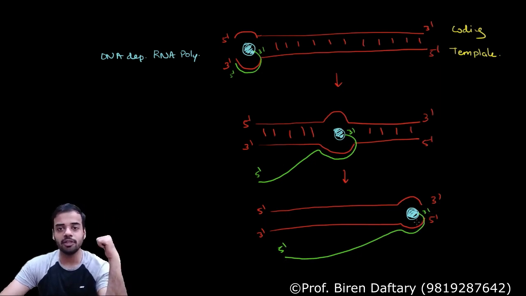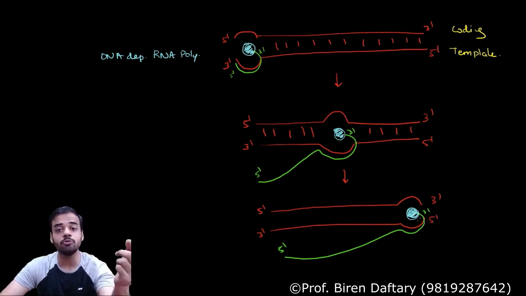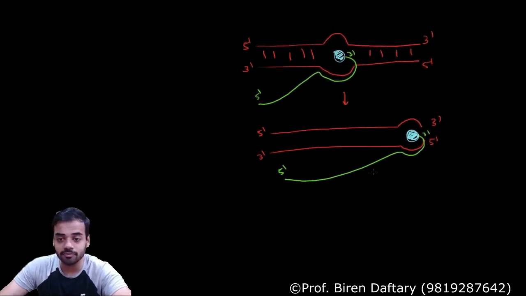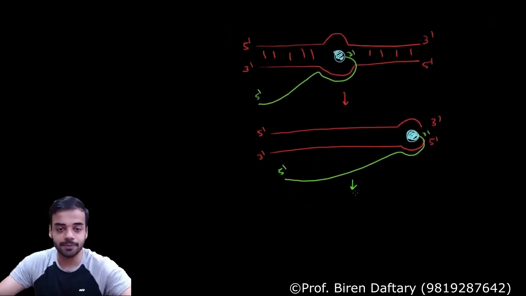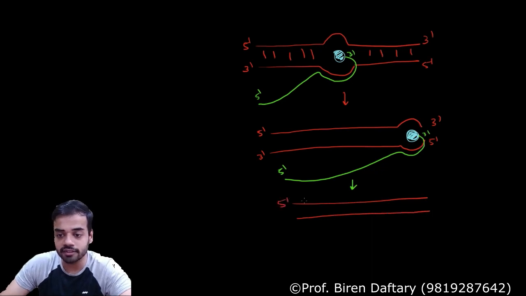As soon as the RNA polymerase reaches over here, the rho factor attaches over here, and what the rho factor does is it removes the RNA polymerase. So the next diagram will be something like this, that now your double stranded DNA is back to normal. So this is again your coding strand, complementary bound to your template strand.